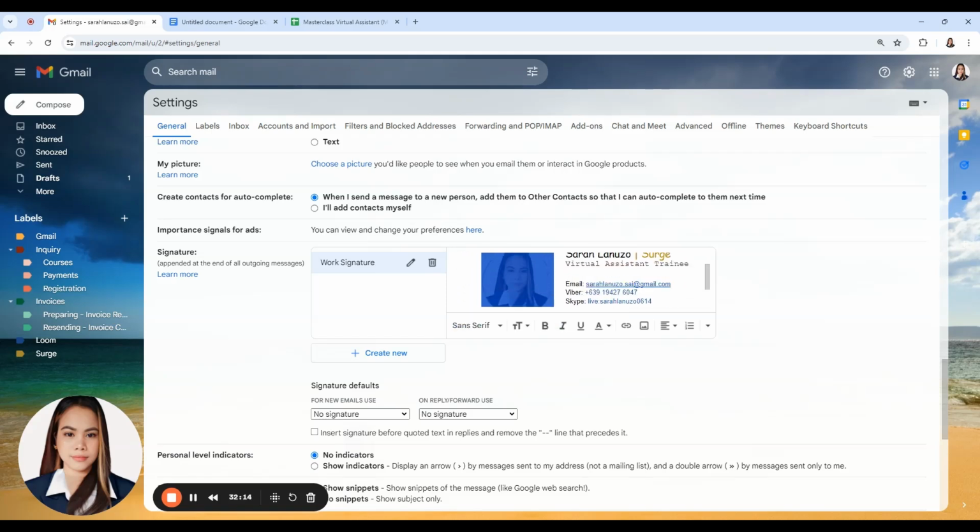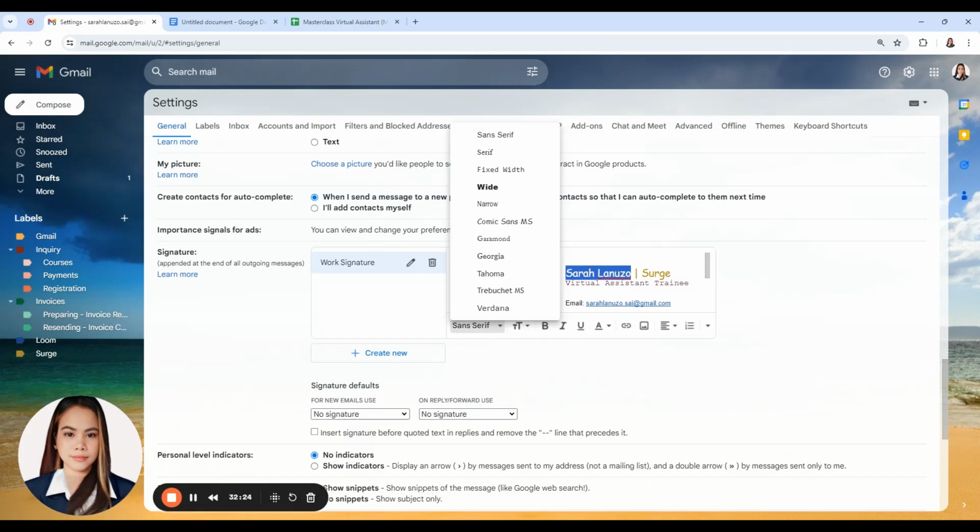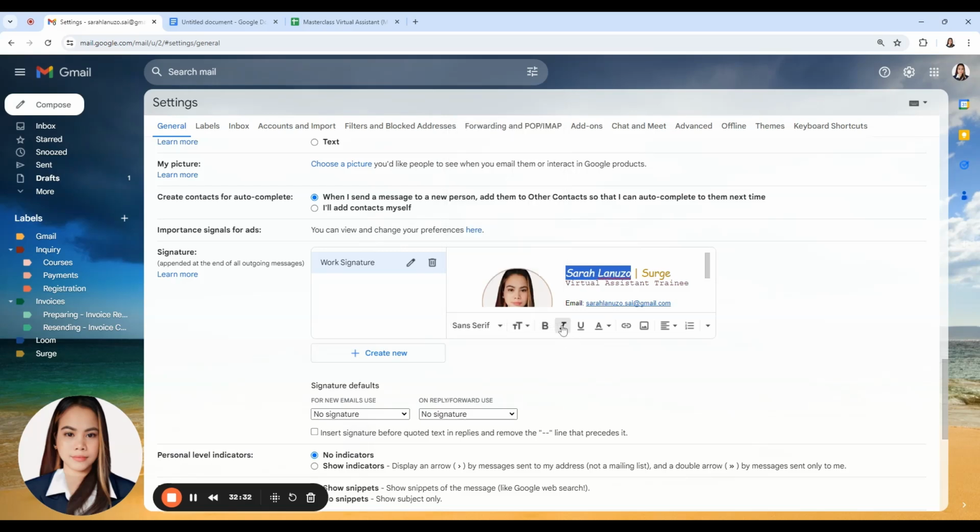So I will place this one here, and since the name is not available here, maybe I can choose another font here.